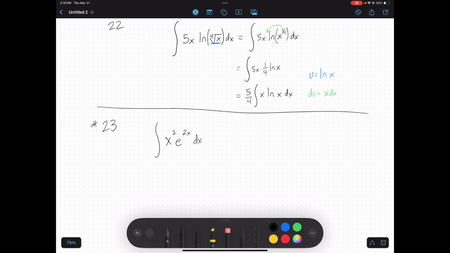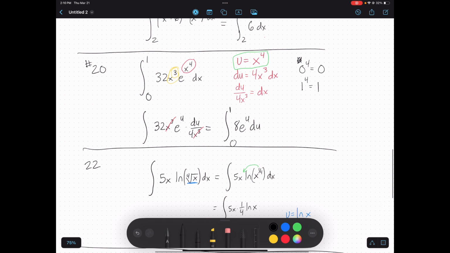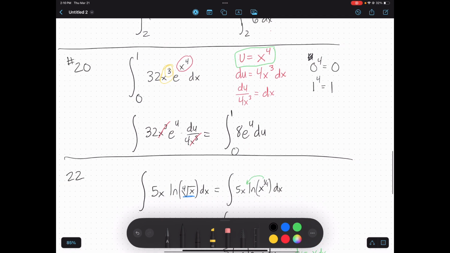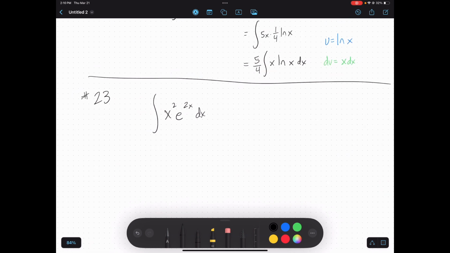So my last problem is number 23. It's this integral of x squared e to the 2x dx. Now, in number 20, I kind of hinted at, oh, maybe I have to use tabular integration by parts. Well, guess what I have to do in this problem? I have to use tabular integration by parts. Why? Because